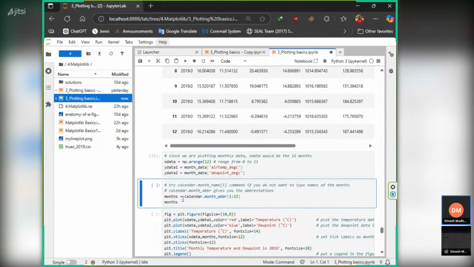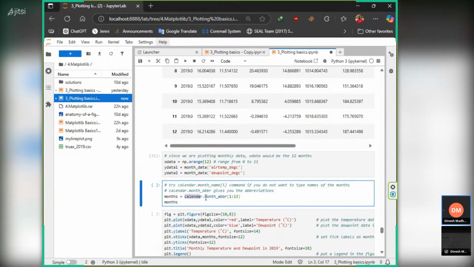So months, I can say calendar. From calendar, month attribute 1 to 12. So what I am doing in here is creating a new variable named month. We imported calendar, it's a default library in Python. So if we call the calendar variable, there's an inbuilt command, monthly abbreviation. So what will happen? It will create